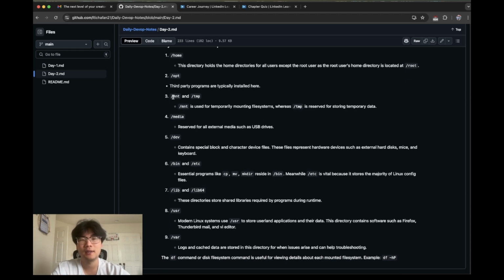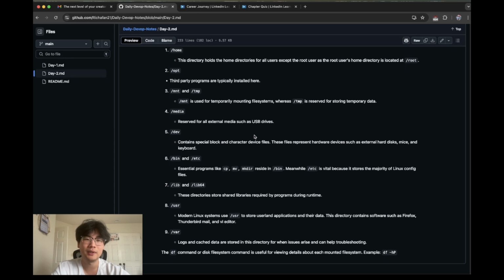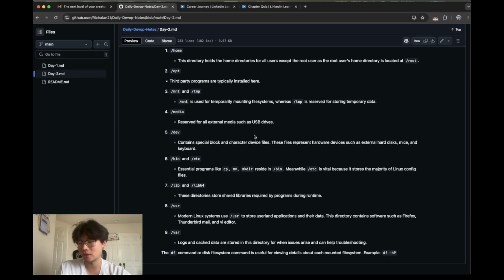Next, we got mnt and tmp. Mount and temp, I believe, used for temporarily mounting file systems. Tmp is reserved for storing temporary data. We got media for all external media such as USB drives. We got dev, which contains special block and character device files representing hardware such as external hard disks and your